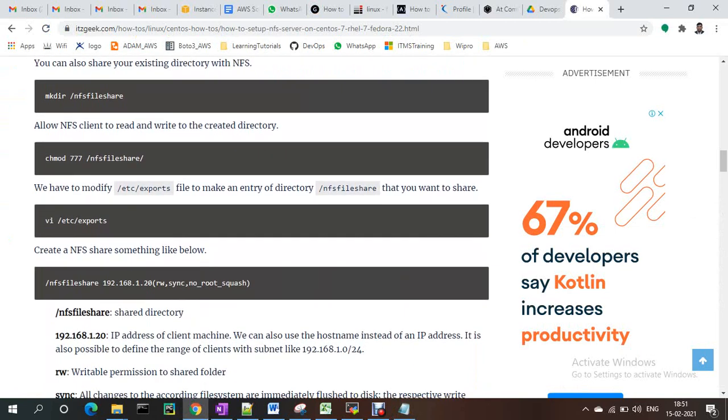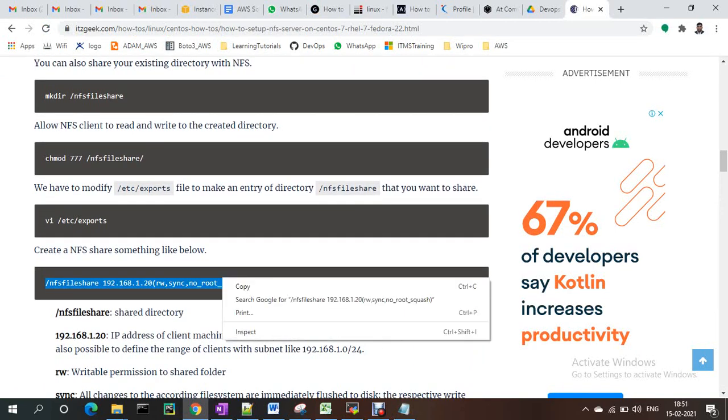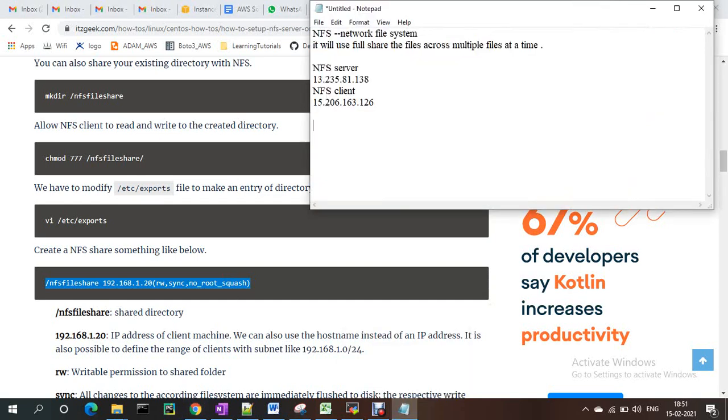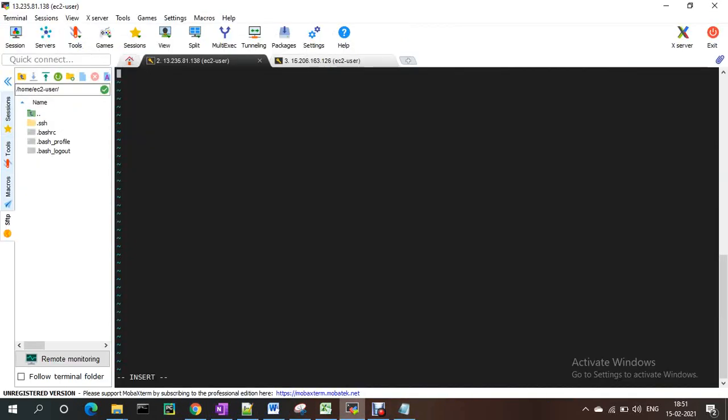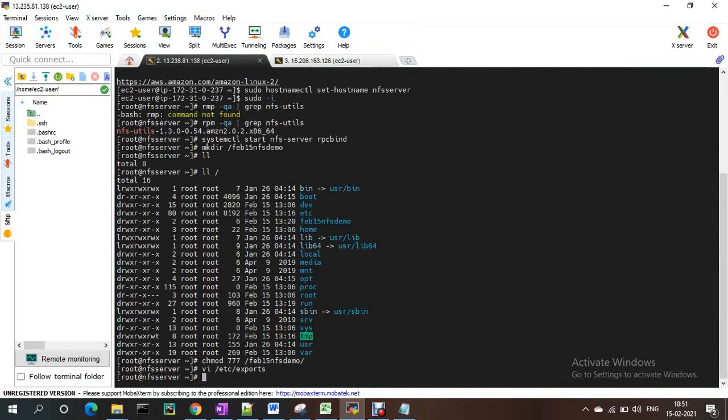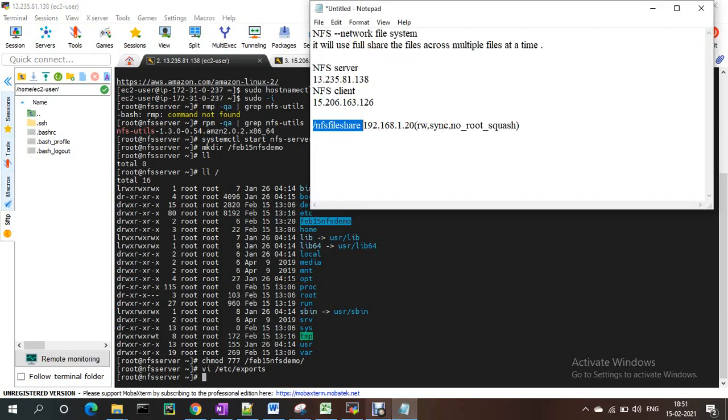This is the folder which we need to share, the NFS file share. Our directory name is 15 nfs demo. This is the directory which we need to share across the clients.